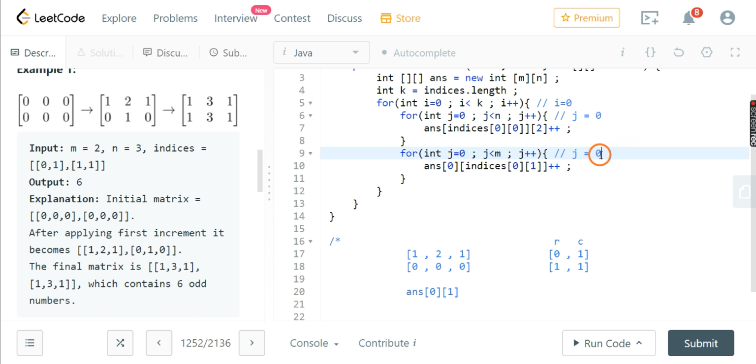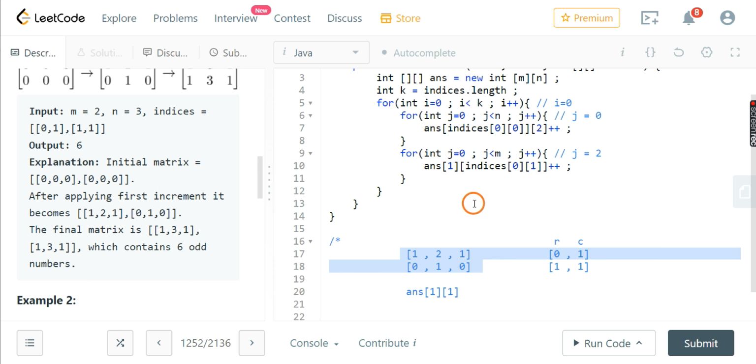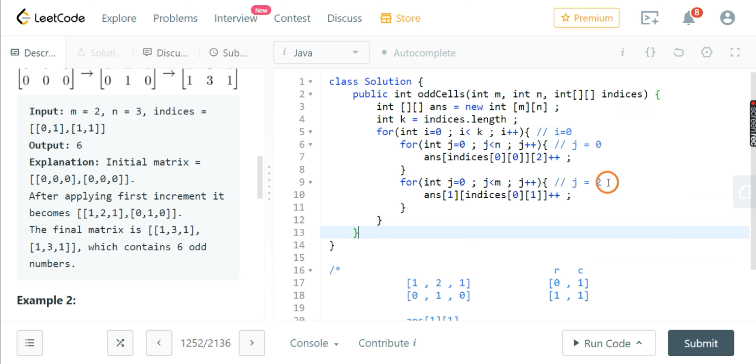Now j will become 1. So first row and first column, increment this. Now j will become 2 and this condition will be false, so this for loop will break. So see, after applying our first increment we got 1 2 1 and 0 1 0, 1 2 1 and 0 1 0.